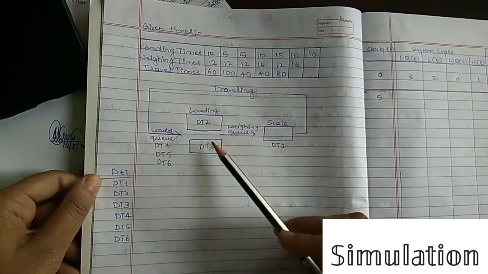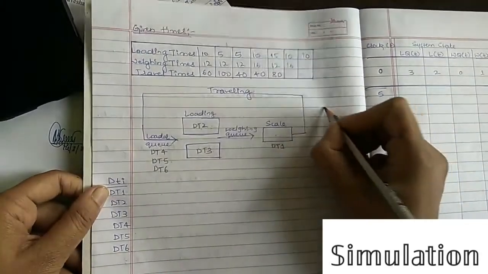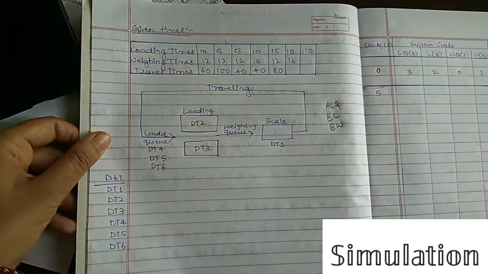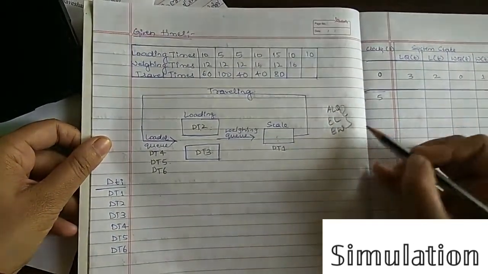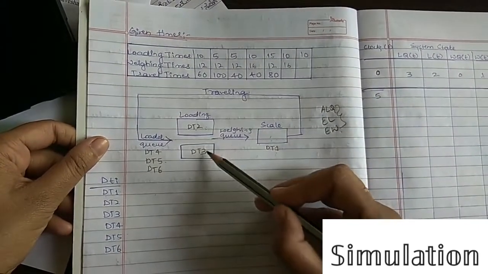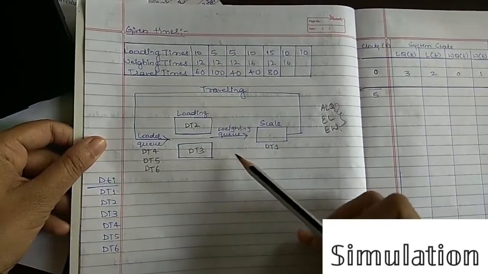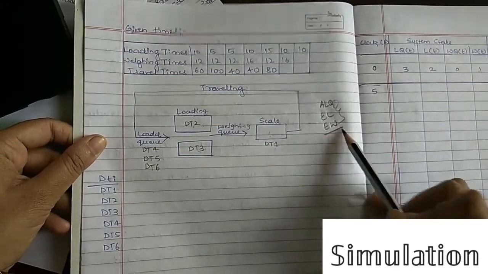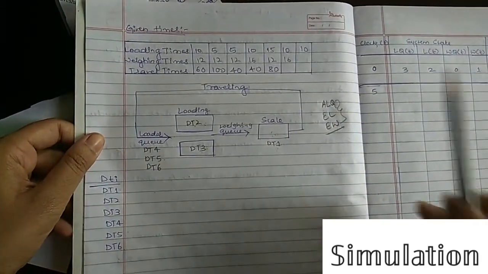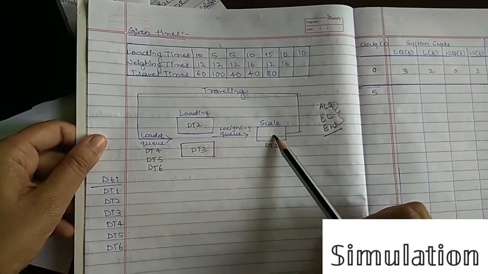Now we have to generate the event notices. We have seen 3 of them: ALQ, end loading and end weighing. We generate these events only when the trucks enter these modules. If they are waiting in the queues, no event is generated. Only when they enter the modules will the event be generated.